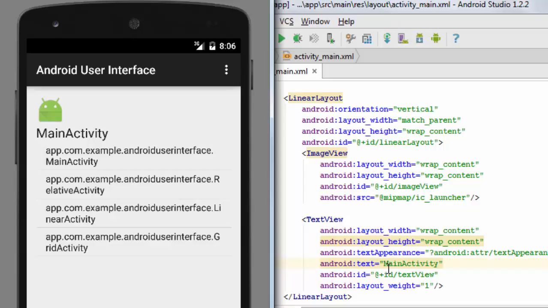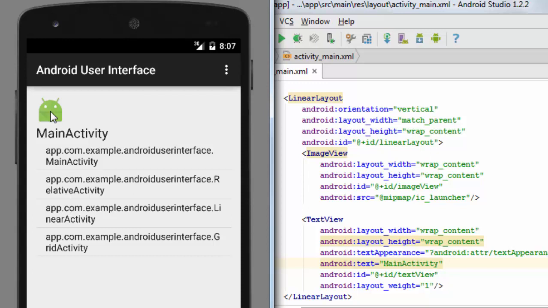So the emulator has finally come up, and here is our main activity, and I'll explain what's going on here in a second. But what I want to show you first is that it says main activity here, and I just threw an image view in there, and this image is standard. It's created by default in any Android project that you create in Android Studio, and this is just the default launcher icon. So we've seen this. This is what appears in our home screen when we want to launch our apps, and we haven't changed these yet. We've just used the default one, so you've seen this before, but I'm just using it in the app as well, and you'll see how to do that too if you look in the layout for the